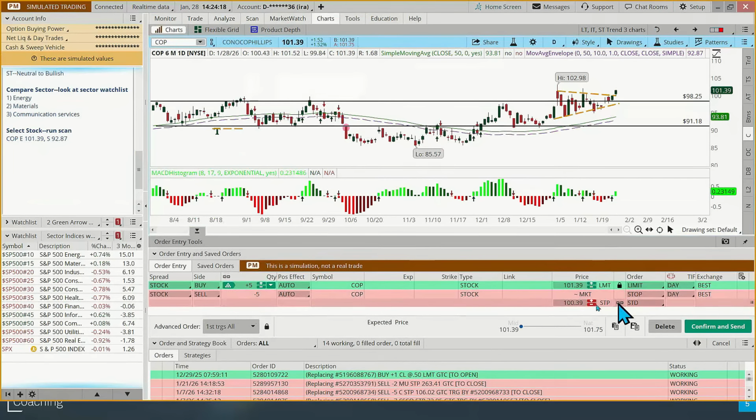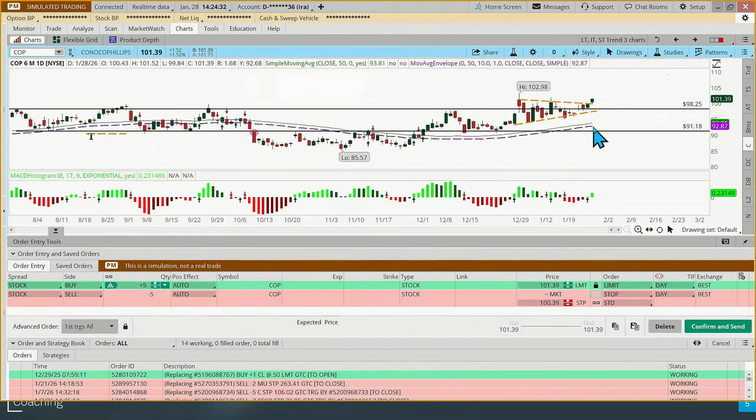And then we're going to go in here and set our stop. We said 92.87, which is just that moving average envelope right there. You can't see it because it's blocked off over there. But if we shrink that back down, again, I can put my cursor at 92.87. Just go in there and change that, 92.87. Then we want our orders to be good till canceled. I can lock those up as well.